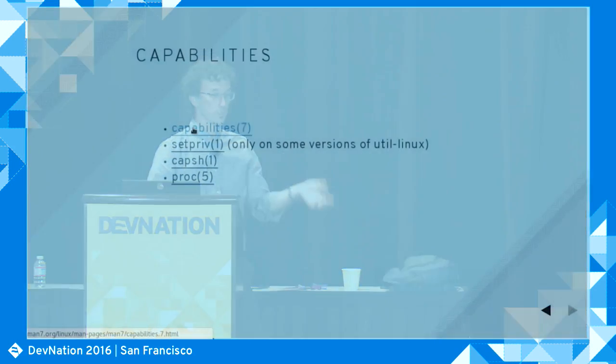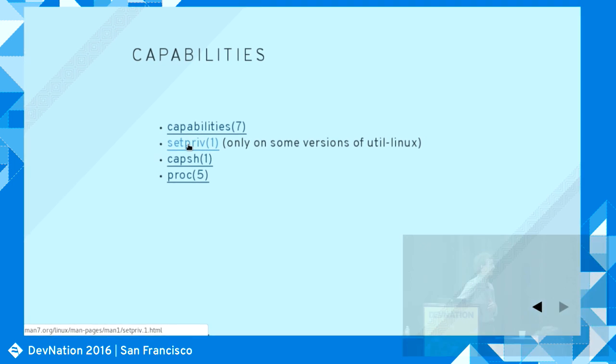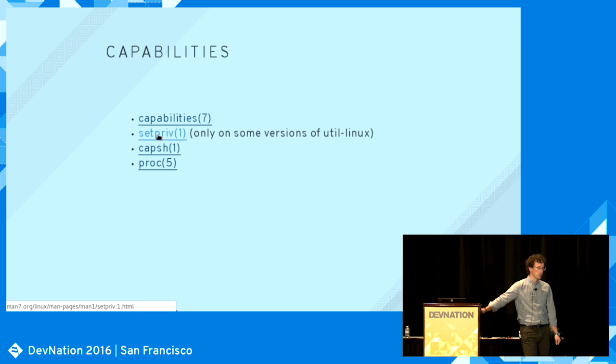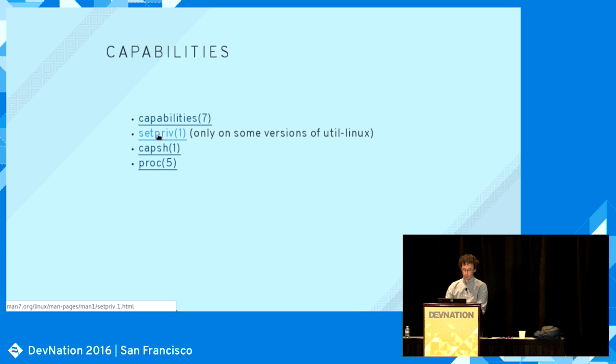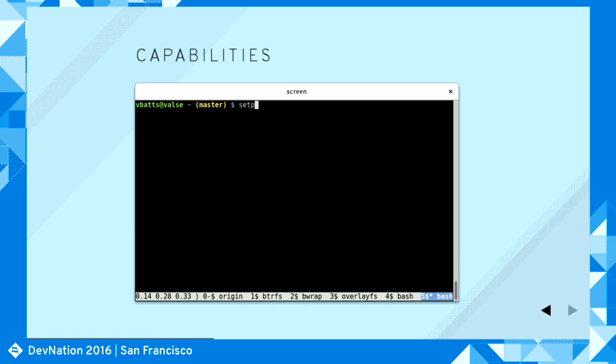So you should get familiarized with at least the capabilities that are out there and running your applications under fewer privileges. There's a command line tool that is in a newer version of util-linux, which is a pretty widely available package. And some distributions are still not shipping setpriv, but it's a very simple command line tool that you can use to not only drop and add capabilities on a given process, but more specifically,